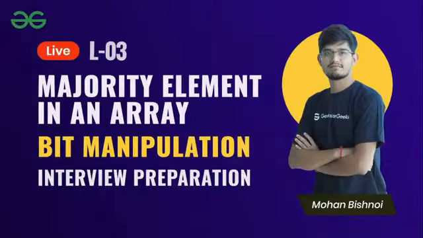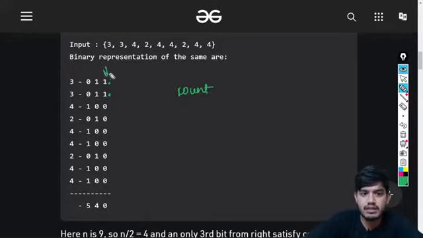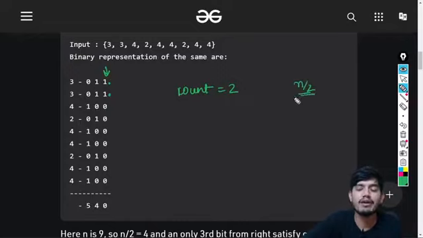Okay, so let me just give you this example here. So this is what I'm talking about. So you can see here we have this as 1, right? So this 1 is not this count or whatever the count is there. For example for this case the count is 2. Okay, and you can see the count is not greater than basically n by 2, so I'll not be doing anything. So the 0 will remain 0 only in this case.